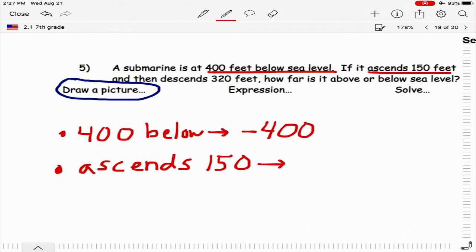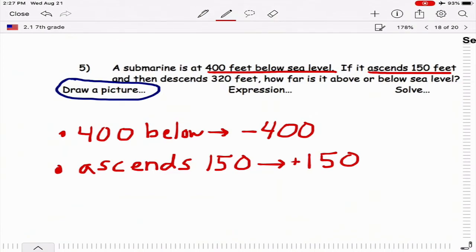So the word ascend means like move up, go forward, right? Go to the right for math, number line. So in short, ascend would be a positive number, right? Ascending, because it's going to increase the number. You're moving to the right, you're moving forward, however you want to phrase it. So it's a positive. So this is going to translate to just positive